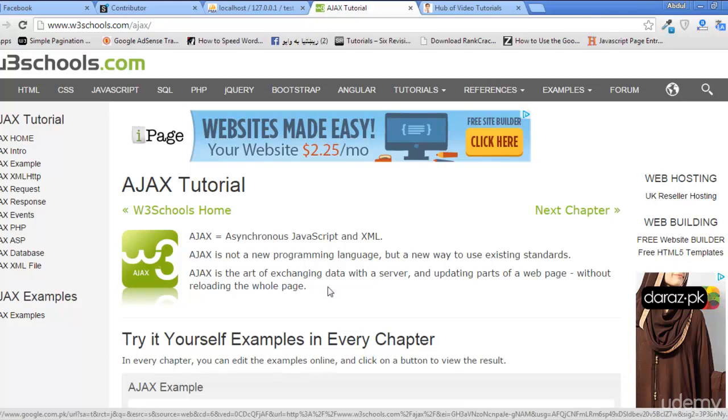Nowadays most of the popular websites use this technique in their web development, especially Google, Facebook, Twitter and Yahoo. These kinds of mega companies are using AJAX massively, and you guys should also learn this if you really want to be a web developer. So in this whole short course I will be teaching you AJAX